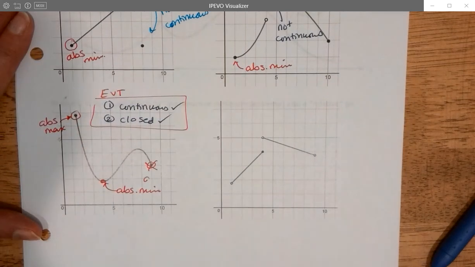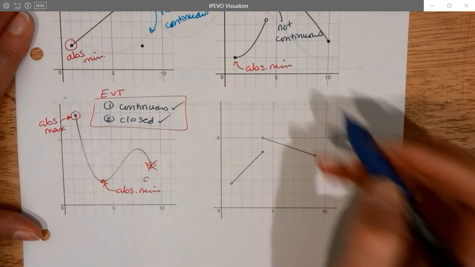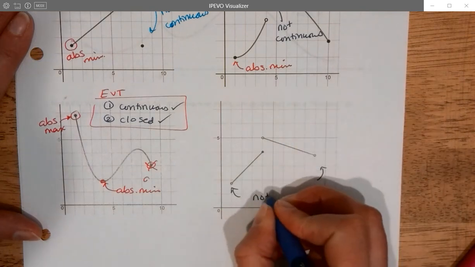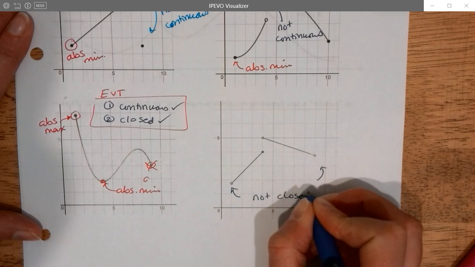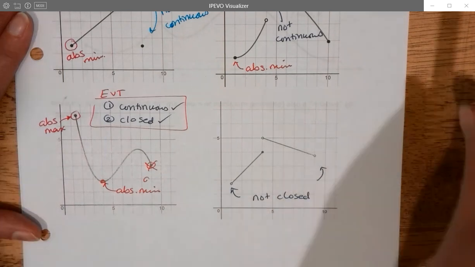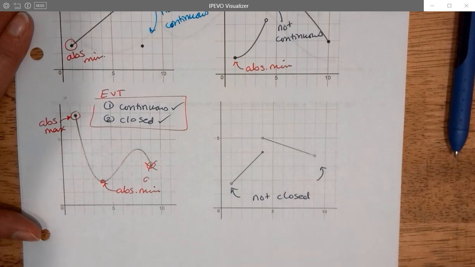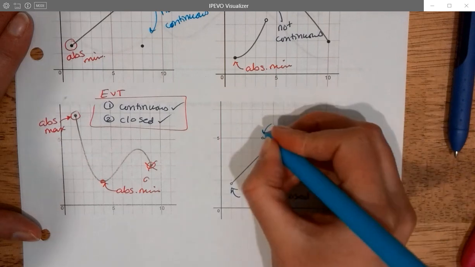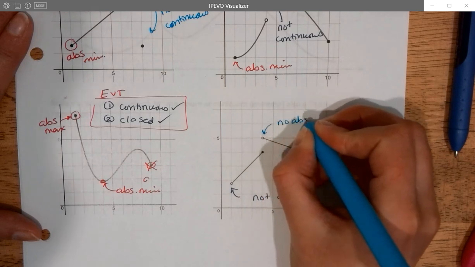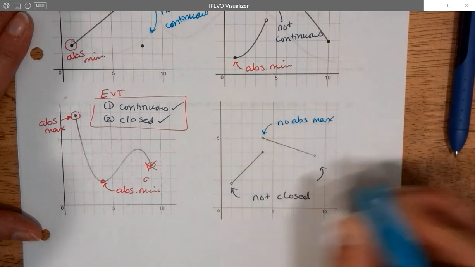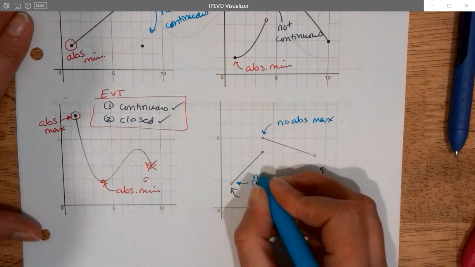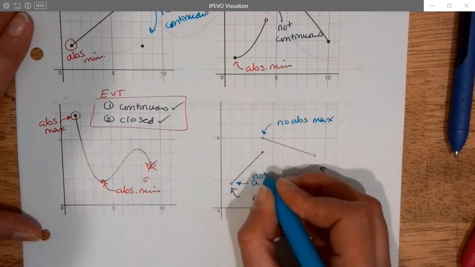In the last one, this interval is not closed. And since it's not closed, we are not going to be able to guarantee the existence of an absolute min or an absolute max. In this case, it doesn't have either. So that would be our candidate, but it's not contained, so there is no absolute max. And this would be our candidate for absolute min, but it's not contained, so not an absolute